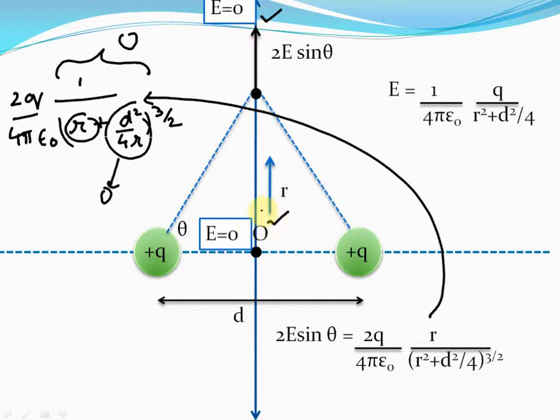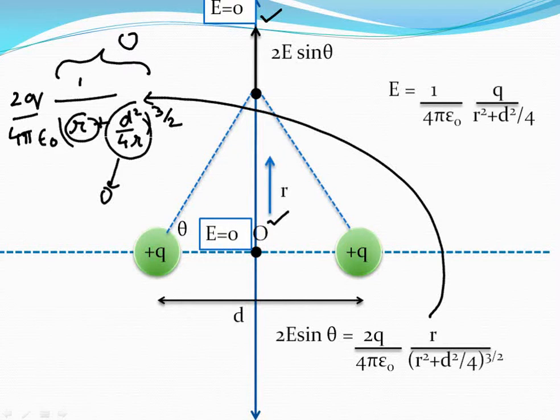Now that also means that the electric field must be first increasing and then decreasing as we move from the origin to infinity, because it has 0 values at both origin and infinity, isn't it? So that means it must assume a maximum value between origin and infinity. Where will the electric field assume a maximum value? We can calculate that point.